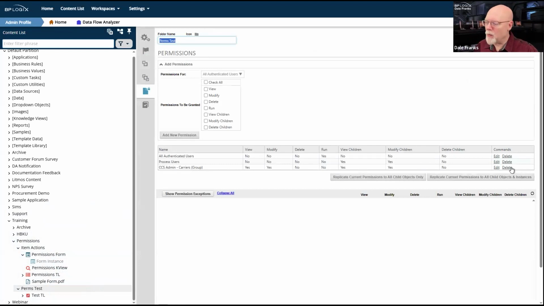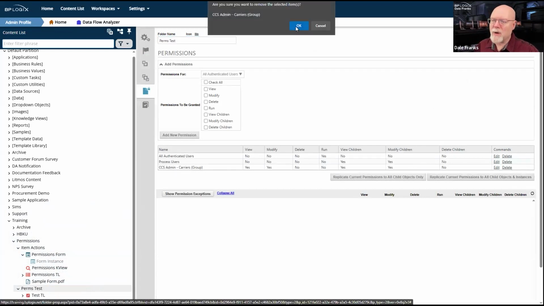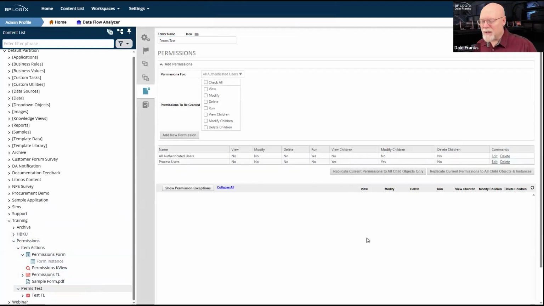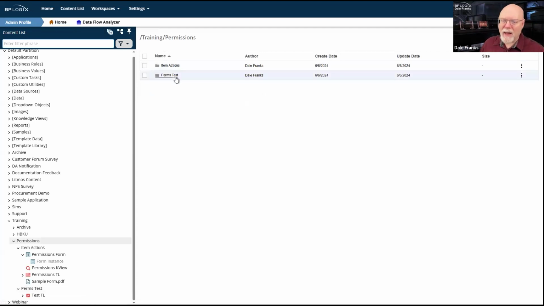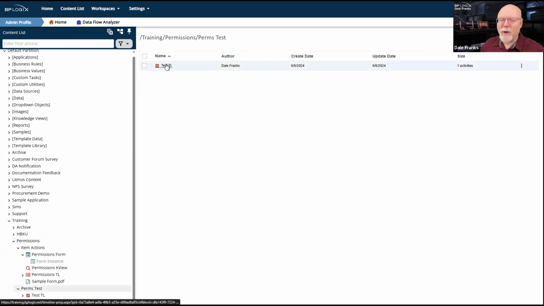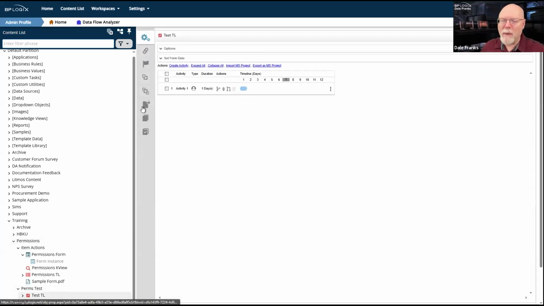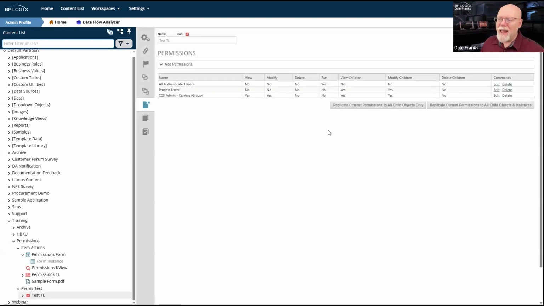So let's just get rid of this extra permission for these notional application administrators. And so now I'm back to just 2 permissions records for this folder. As I just explained, now that I've done that, if I go into the perms test folder and I reopen my perms test timeline, it will have the old permissions listed here.